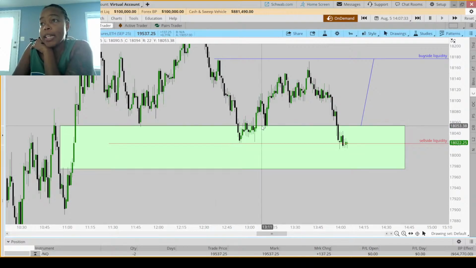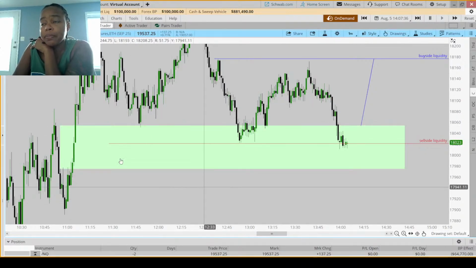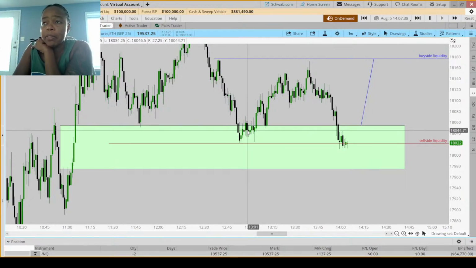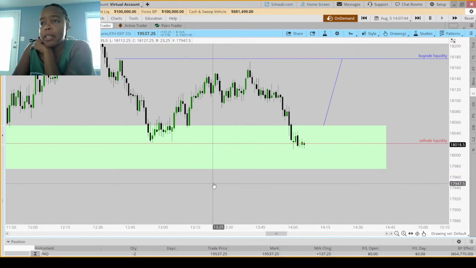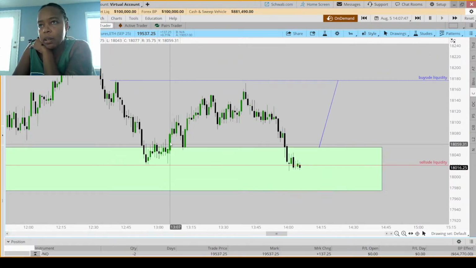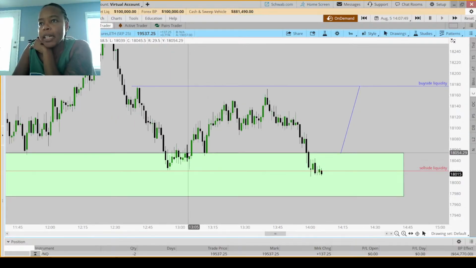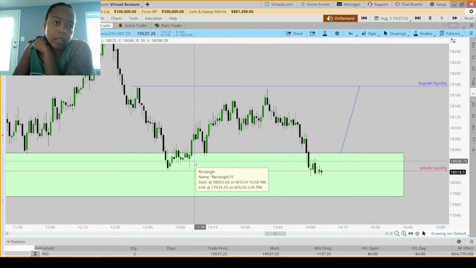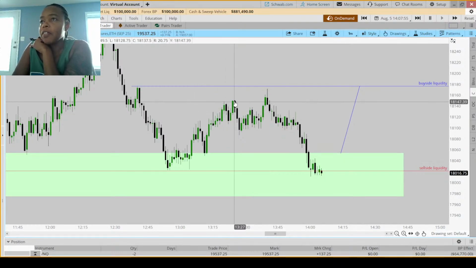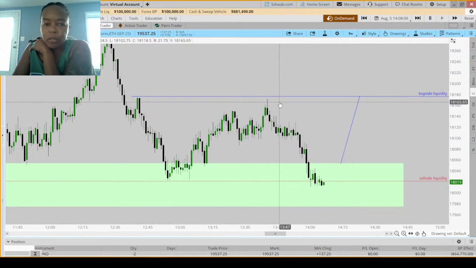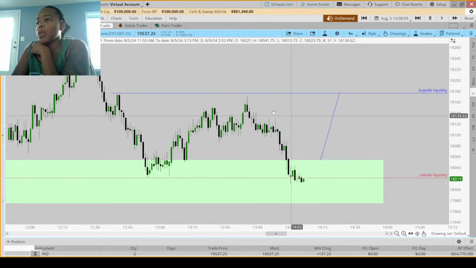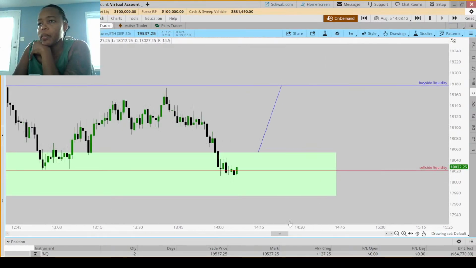Exactly. So I would have taken this, right? Because they swept this. We're still in at the top of this 50-minute fair value gap. They did chop about a bit, but they left one fair value gap here. I would have taken it at the top in the hopes that my 37 tick stop would be just below here. And that would have given me a little bit of profit. I would have been hoping they would come in and take this high out personally, which they came close. But I'm not going to lie to you, once they're getting close to my TP, I'm moving my stop up to hold on to that. So we're waiting.